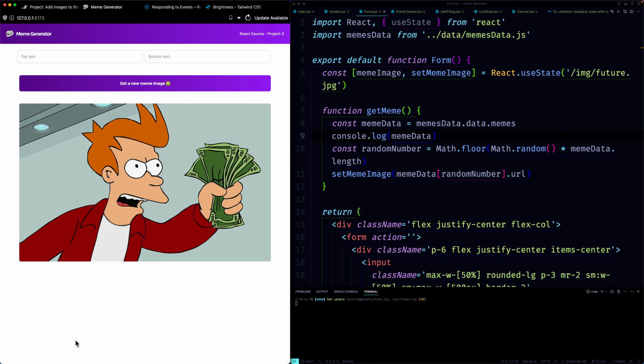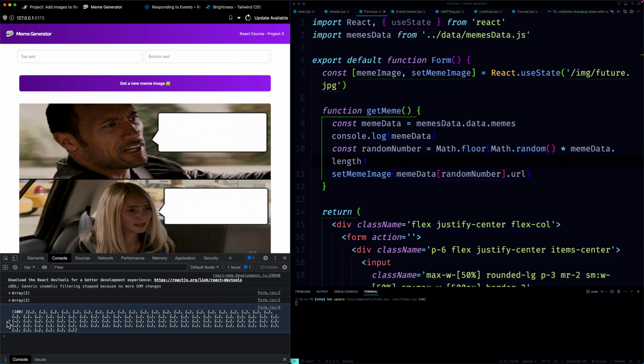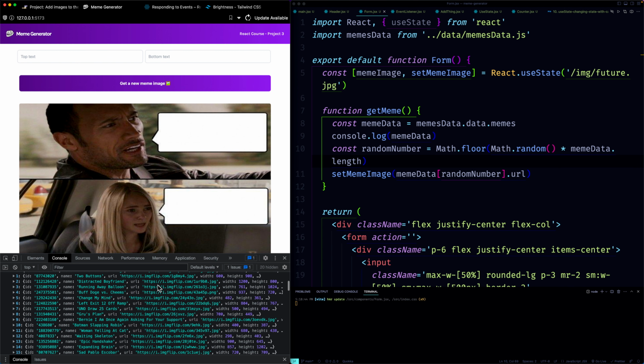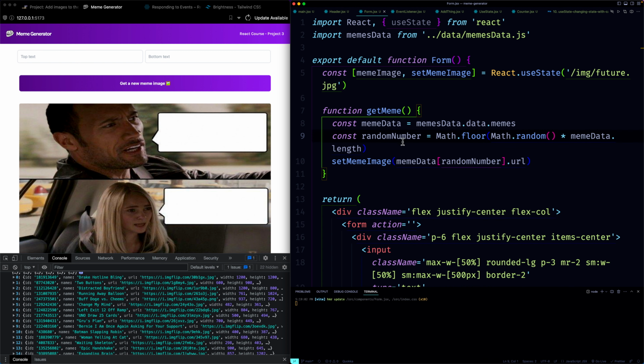And meme data is just coming from an external file holding all of our memes. So when we console.log, we see that we get an array of objects, and all of these objects are a different meme. So when we iterate over all of them, we are going to use a random number, and we're going to get a random number by doing Math.floor, Math.random, and we're getting the length of meme data